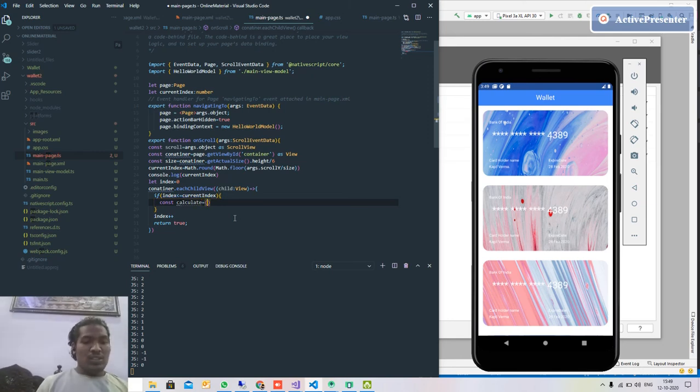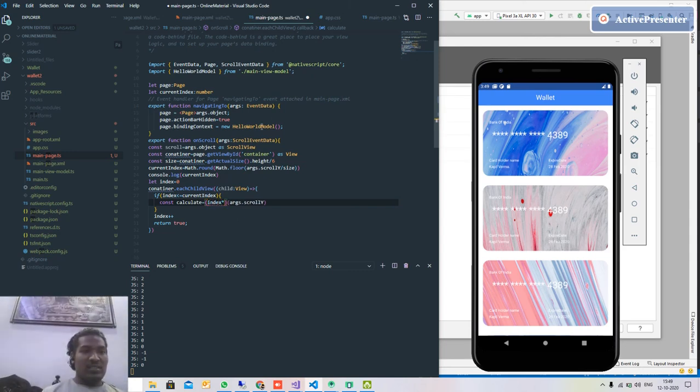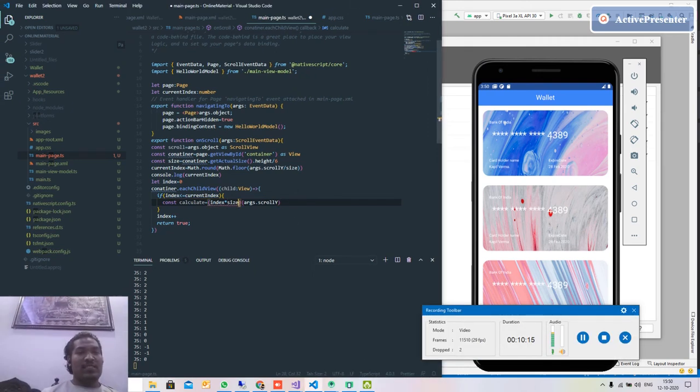Okay, so args dot scrollView scrollY, I think, yeah. So simply multiply index with the size, so for index 0 times size, we will just subtract, index minus this will give us